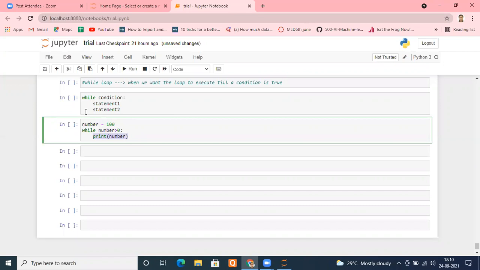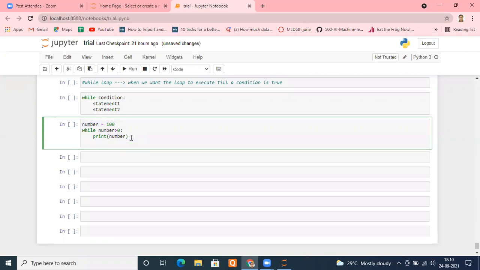So you have to ensure that you don't run into the infinite loop. For that purpose, you have to deal with this number properly. So suppose I'm mentioning number equals to number divided by 2. You can do anything, suppose decrement by something. In this case, you cannot increment, so the only option for you is to decrement. You can keep subtracting one by one. It's up to you. Or suppose I use divided by 2, and that too, suppose, integer division, like this.